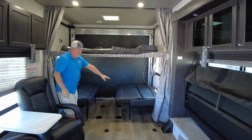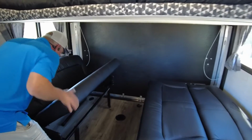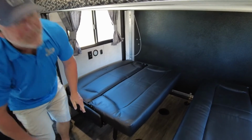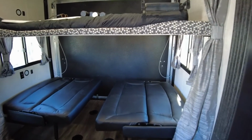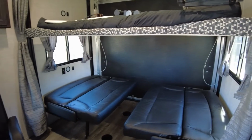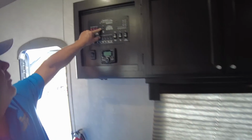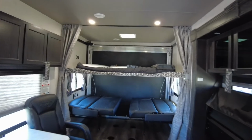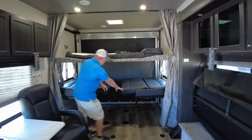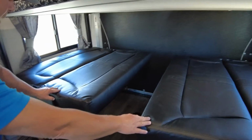So these work as a bed or a couch, as you can see. All you have to do is lift and push. Now you're in a position to lift the stuff out of the way so you can load your side-by-side. When you do that over here, up and down electric bed. So I'm going to go ahead and go up with it. So you see there's a gap here. It's for when you have the tables in place. If you want it to be a bed,